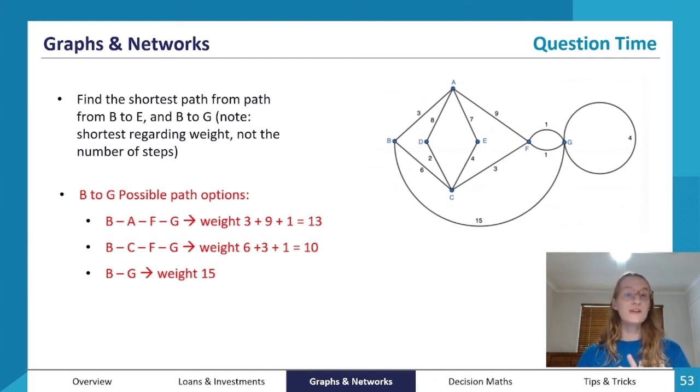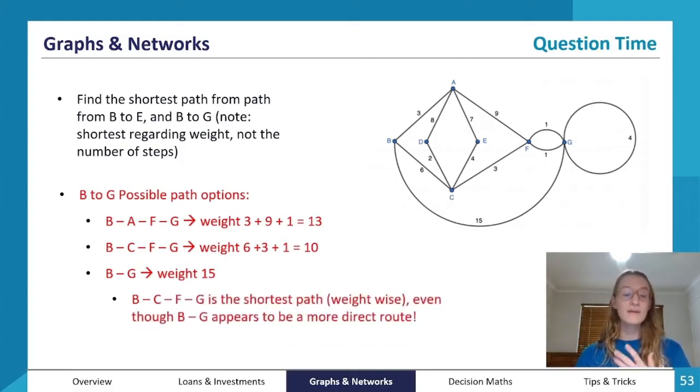And because we are looking for the shortest path, as in lowest weight, we can see that B to C to F to G is the best option because it minimizes the length, weights, liters, whatever it is that this network is representing. It has the lowest weight, so that is the quickest or most efficient or most cost efficient route, even if it seems like B to G